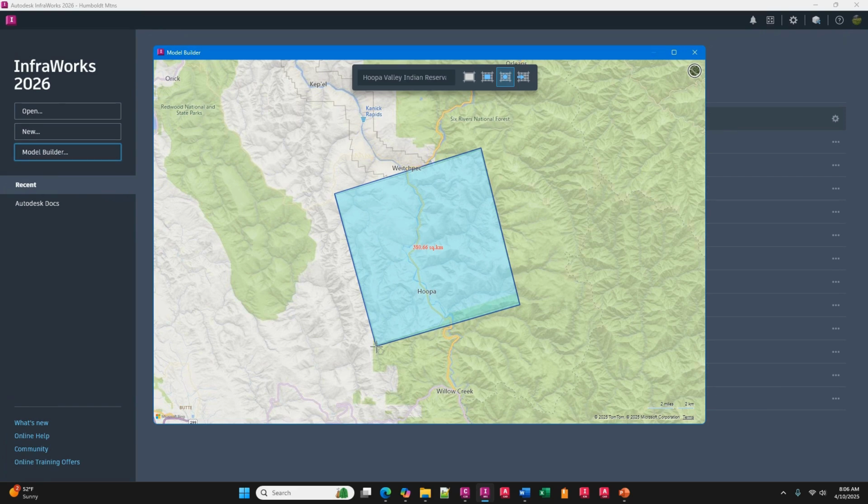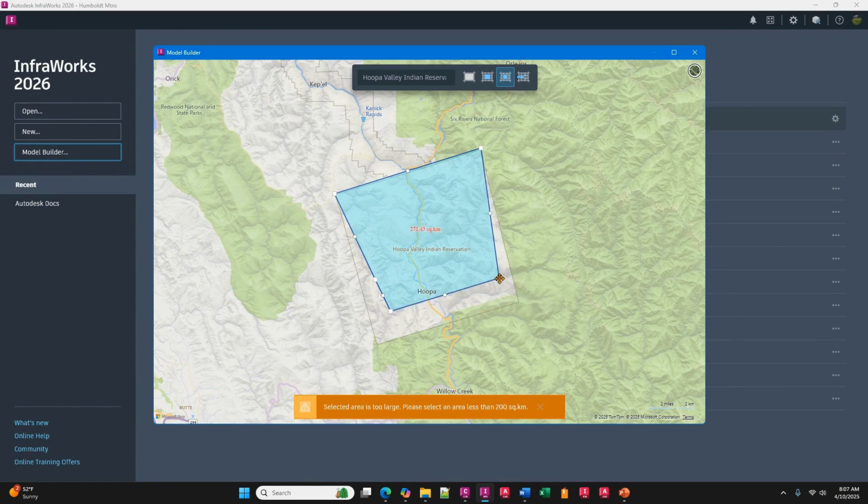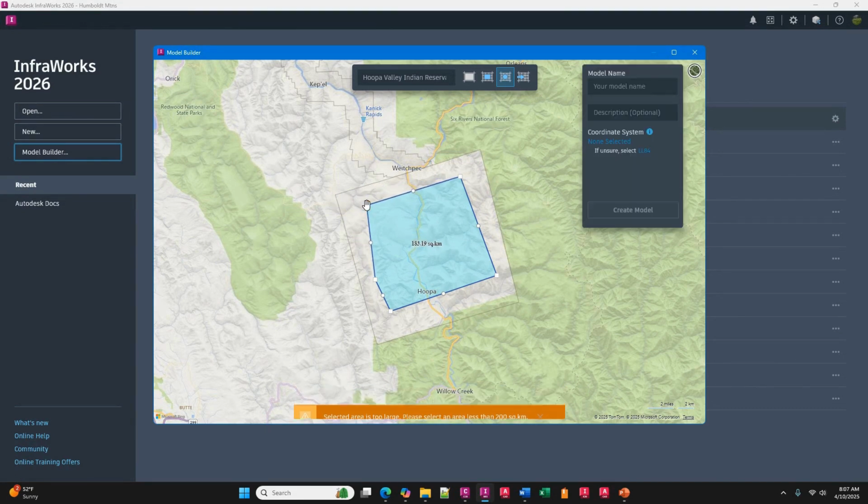Infraworks will do 200 square kilometers. So I'm going to bring these corners in, and I can watch my size. Yeah, that should work. Okay, so once I've got my boundary that I want for my project, then I'm going to